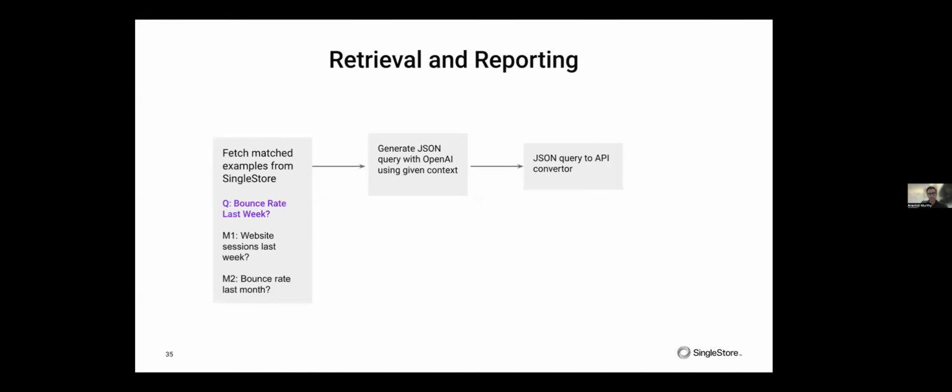So once that is done, let's say when a question is asked, let's say bounce rate last week, the exact same question might not be there, but you might get some variants of the question that's already there. Like you might get website sessions last week as a variant in the database, and probably bounce rate last month. What happens is that once we take these matched examples